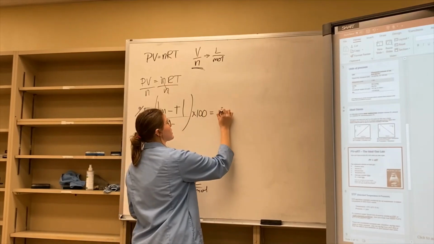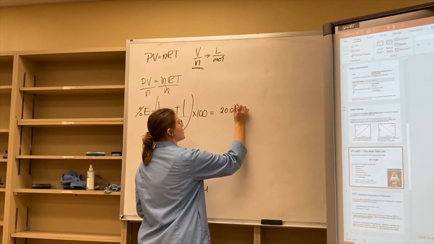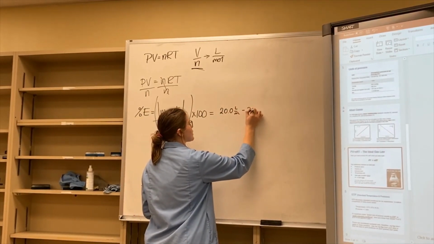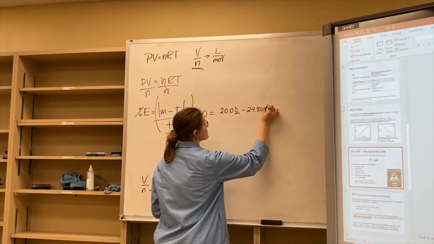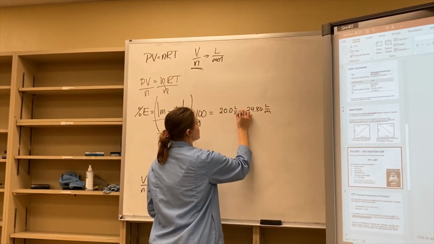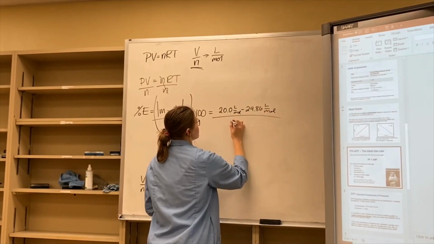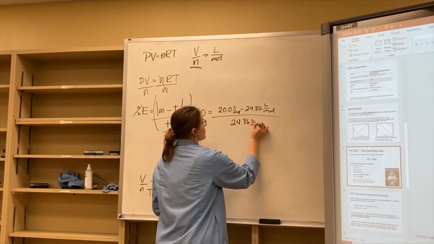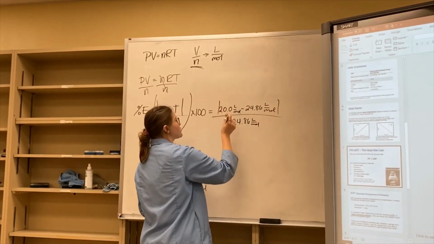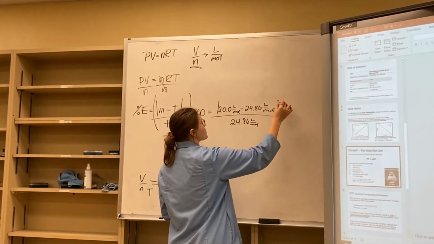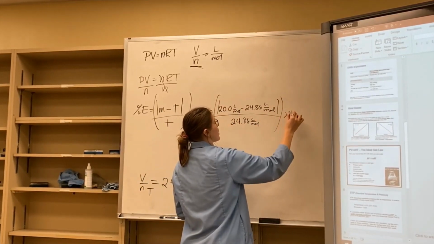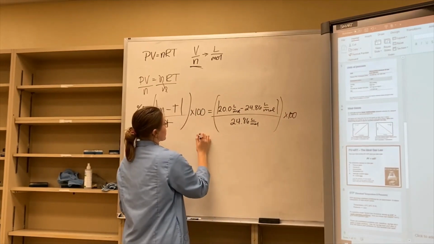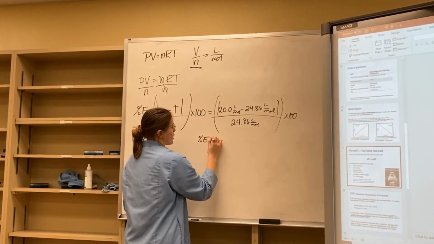So we're going to take 20 liters per mole minus 24.86 liters per mole, divided by the 24.86 liters per mole. This will result in a negative value, so you want to really make sure you're getting those absolute value bars in. And then times 100, we're going to get a percent error of